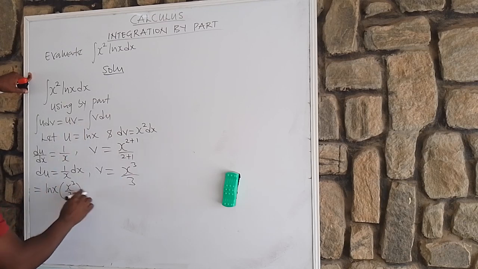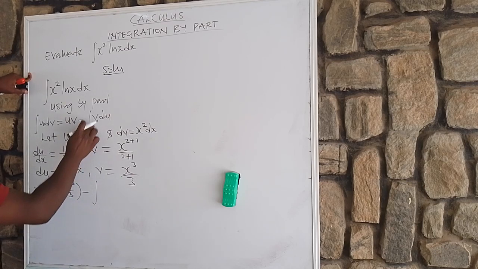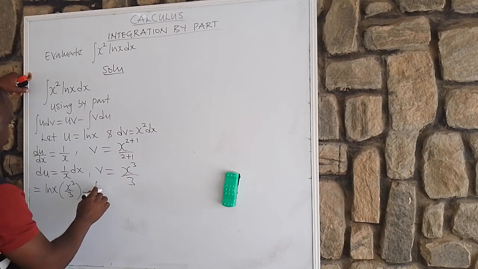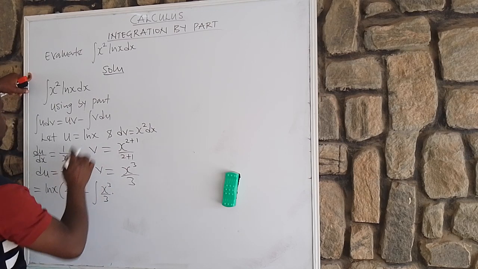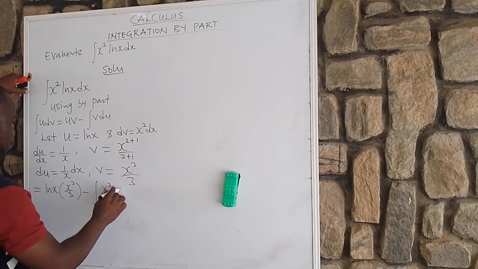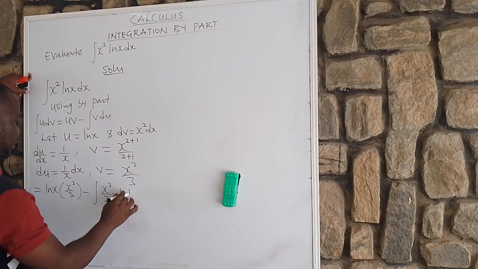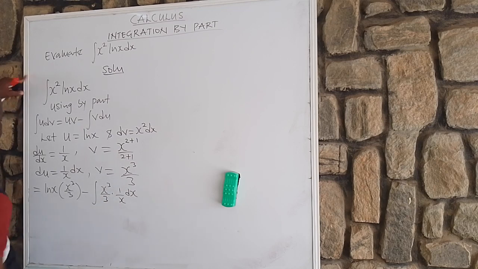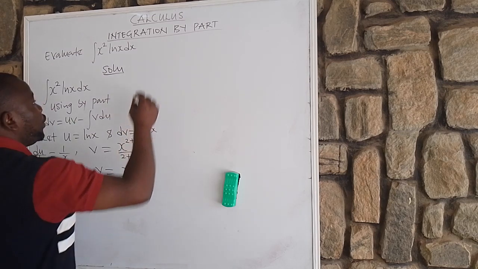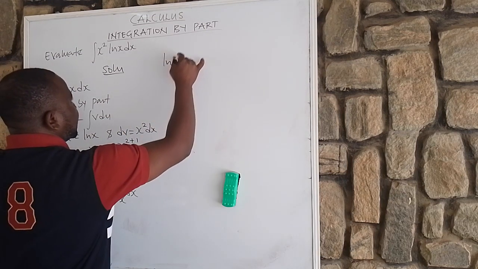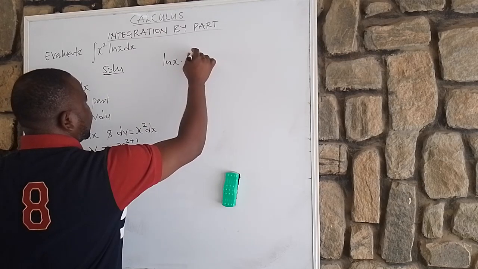Then what we have here is minus the integral of v, our ordinary v, which is x raised to the power of 3 all over 3, times du, which is 1 all over x dx, true or false? Okay, so if you agree with me, are you seeing what I am saying? Okay, so now, as it is, if you have ln x times x raised to the power of 3